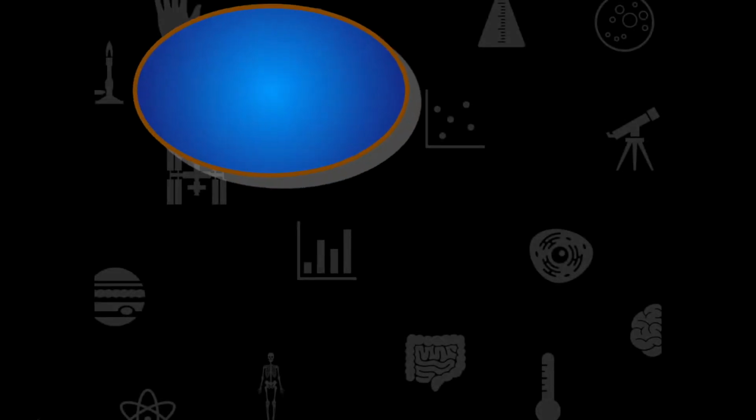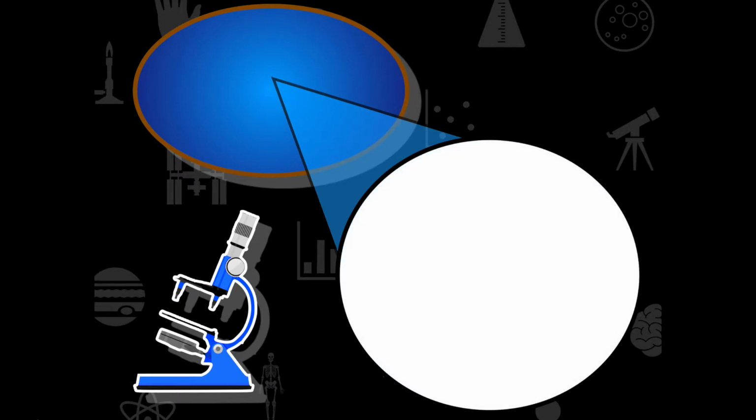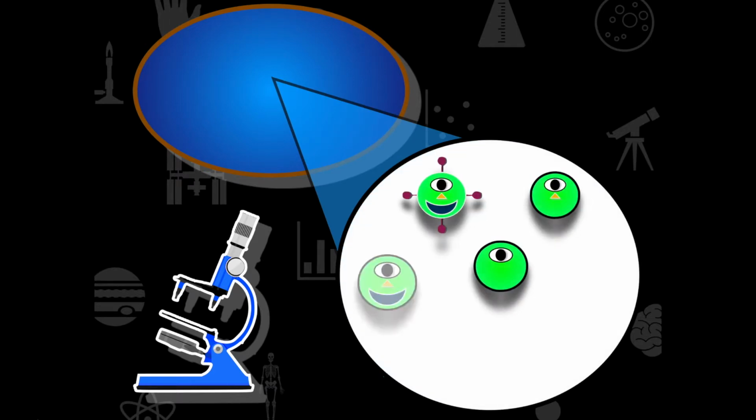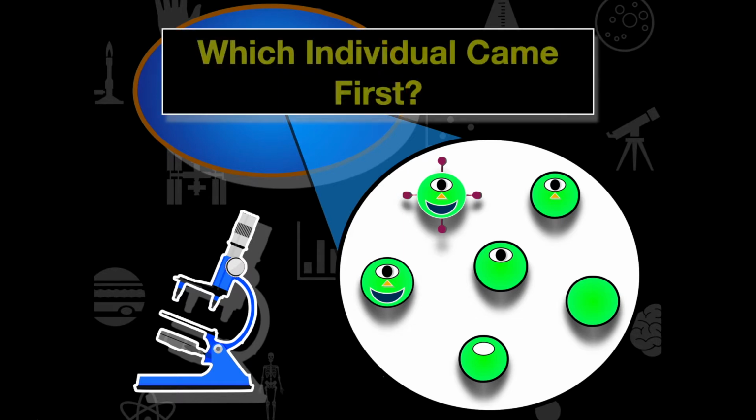So if I were to go into a pond, and let's say we are going on an alien world, I'm going to take a microscope and we're going to take a sample from this alien pond. And I see all these little organisms inside this petri dish on my microscope. The question that I'm going to ask myself here is which of these individuals came first and then which other individuals evolved from it? Now if I look at this picture here, it might seem obvious,